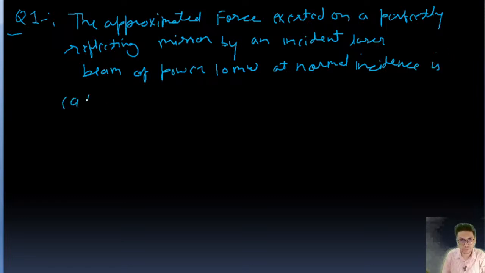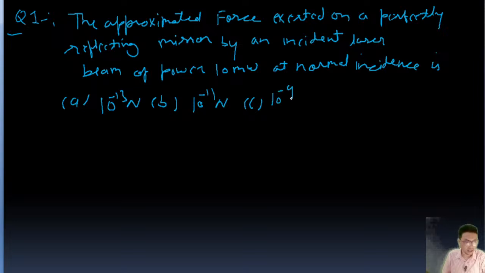Options are: option A 10 to the power minus 13 Newton, option B 10 to the power minus 11 Newton, option C 10 to the power minus 9 Newton, and option D is 10 to the power